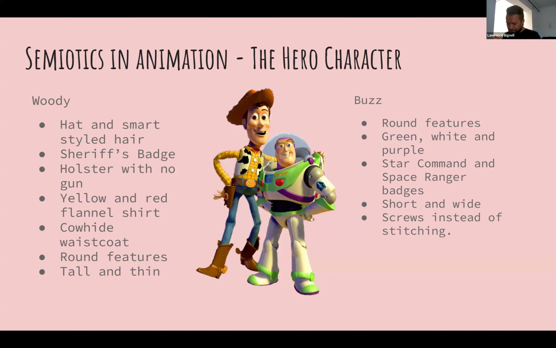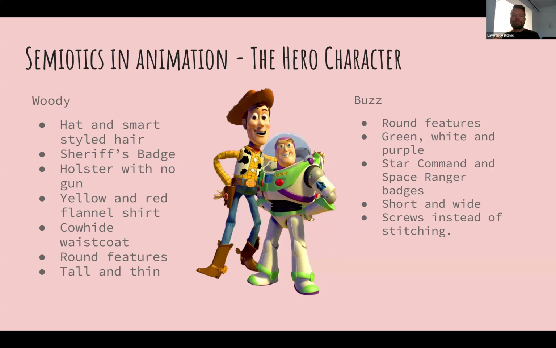The yellow and red flannel shirts. Yellow is, you know, warm and inviting. The red shows a little bit of excitement there. He's got a little bandana tied around his neck, and that also shows that even though he might be a little bit uptight, he has that pop of excitement that comes out every so often. He's tall and thin as well,